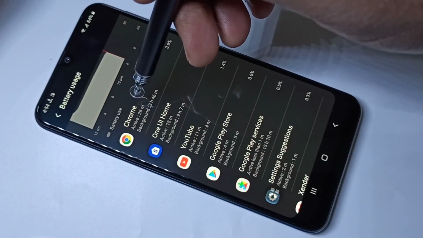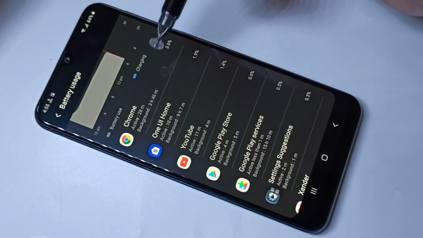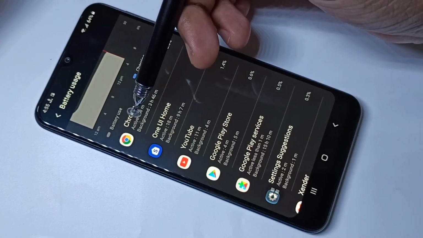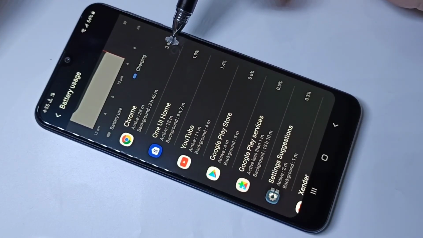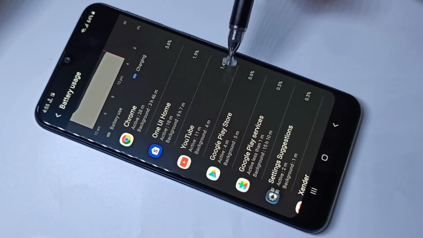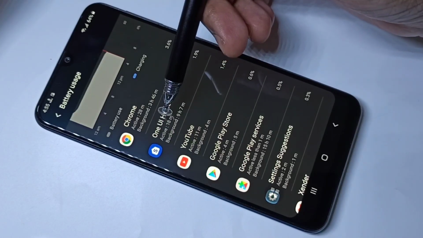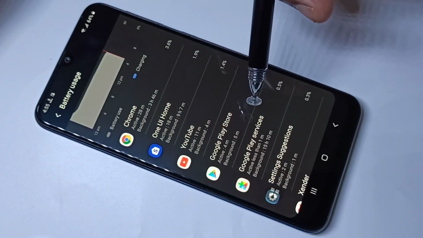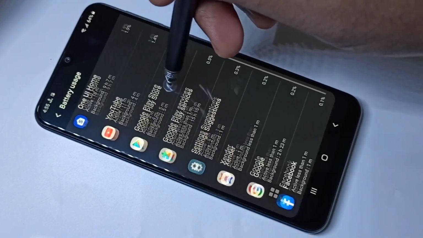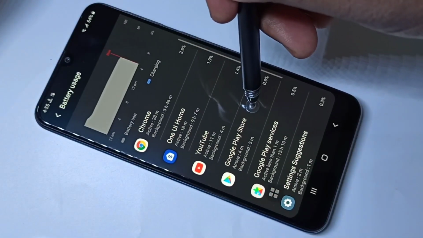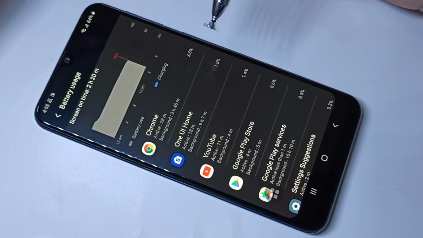From this list we can see that the battery usage of Chrome browser is 3.6 percent and YouTube is 1.4, One UI Home is 1.9. Like this we need to find the app or apps which are using more battery power.